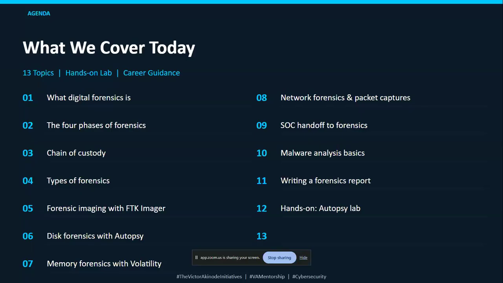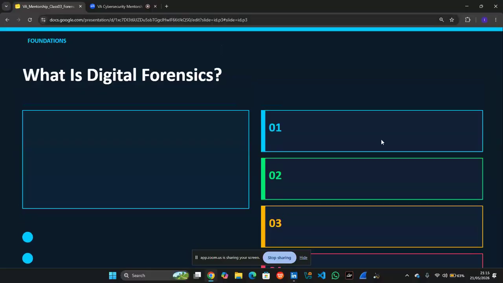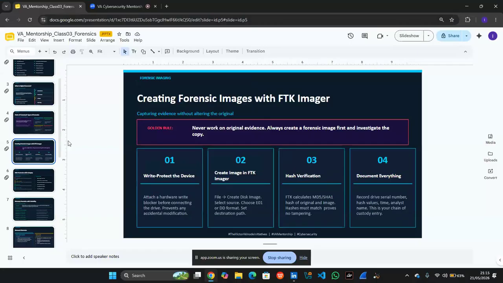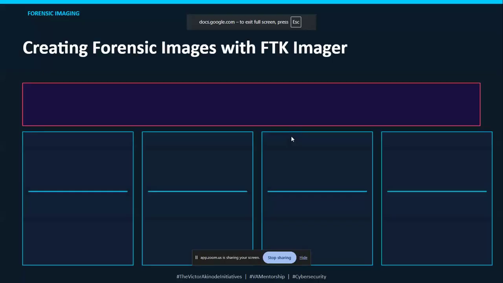So, hands-on Autopsy lab, which is going to be your homework, or let me say your takeaway, right? And then career path in forensics. I'm also going to be thinking about that. So I think we need to skip a lot of slides, because let's just move directly to FTK Imager, since that's what I'm going to be starting with. The practical aspect of things. So let's quickly explain some things before we begin.